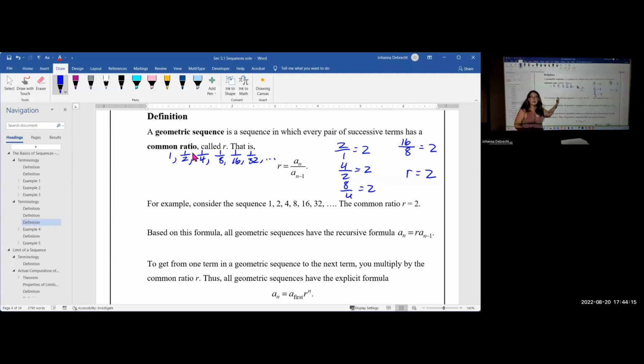Now, where did it get the name geometric? Why geometric? Where's this coming from? Well, the idea, and this goes back hundreds, thousands of years, is to start with 1 unit square. So from here to here is 1 length long, and from here to here is 1 length long. And then you divide it in half, like this. And then you take half of the half,